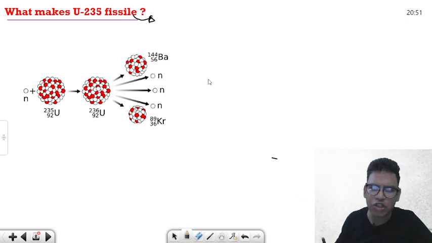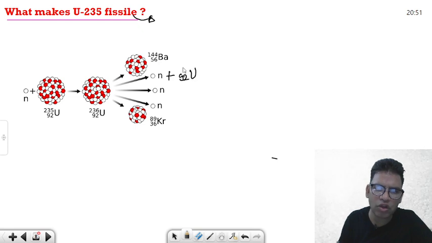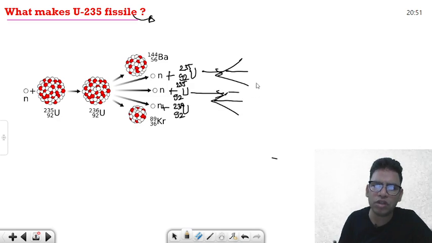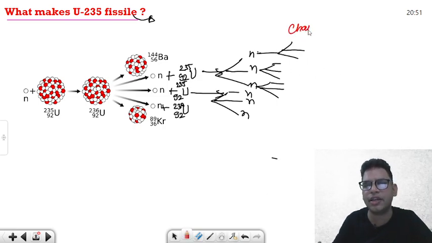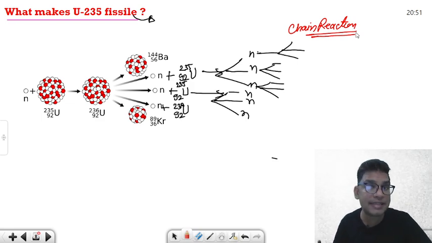Again, these neutrons are going to react with uranium 235. A nuclear reaction will take place with 3 uranium nuclei, 92, 235. Again they are going to split and release 3 neutrons each, right? I hope you are able to understand. Then from here also 3 neutrons, and from here also 3 neutrons will come out, and this kind of reaction is called a chain reaction. This chain reaction is important to sustain so that you could harness energy. But if it is uncontrolled, then it is going to have an explosion, right?